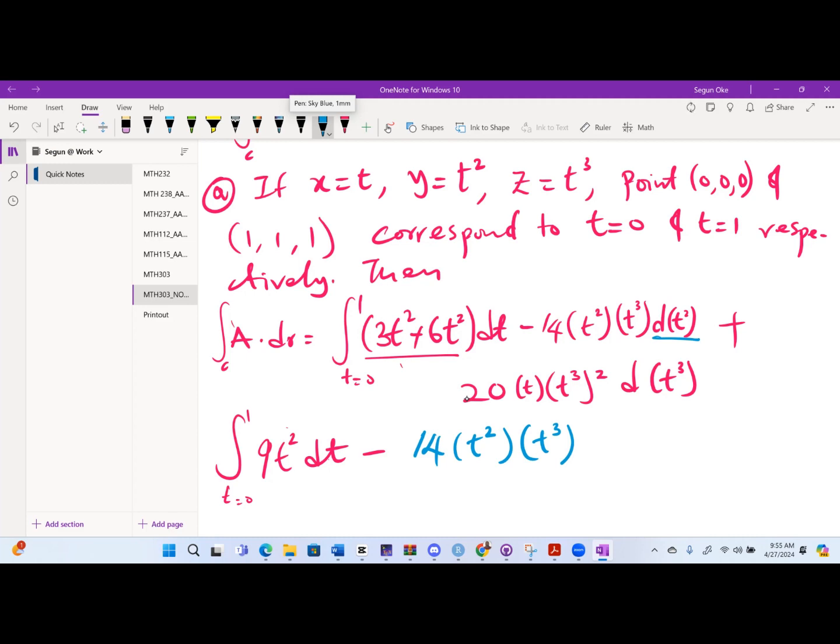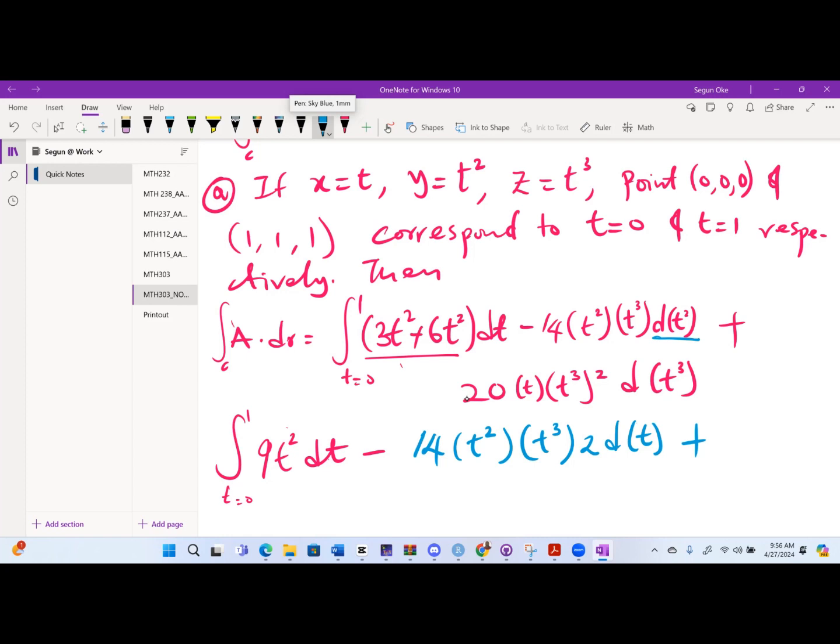How do we make this one to be the t ordinarily? You differentiate 2, right? T. So it's going to be 2 dt. Do you agree with me? Yes, sir. So take note of that. Plus,